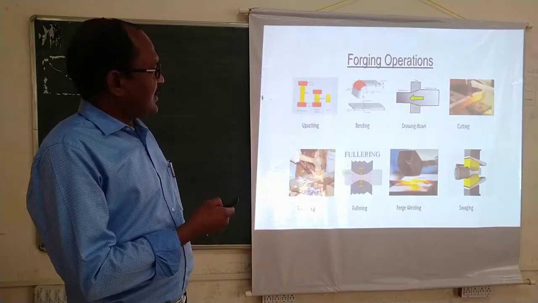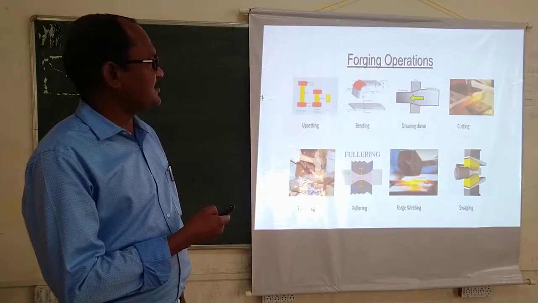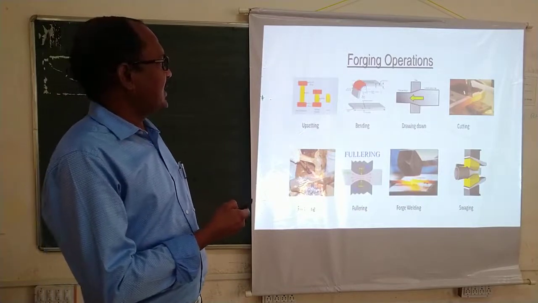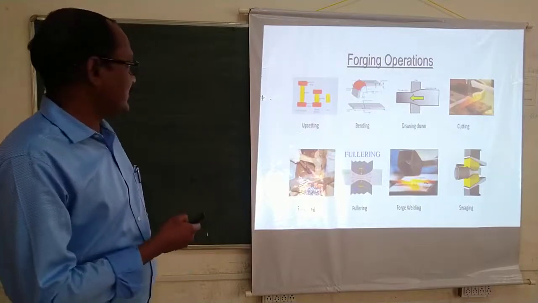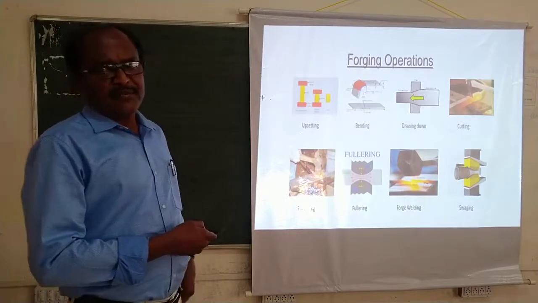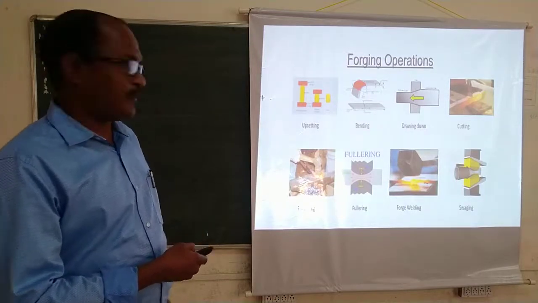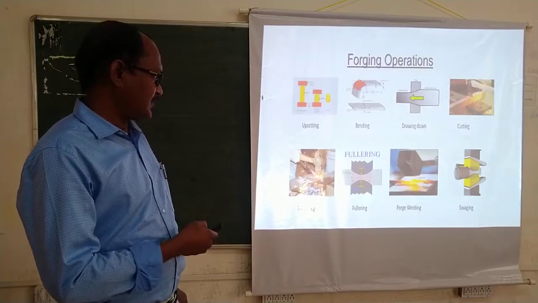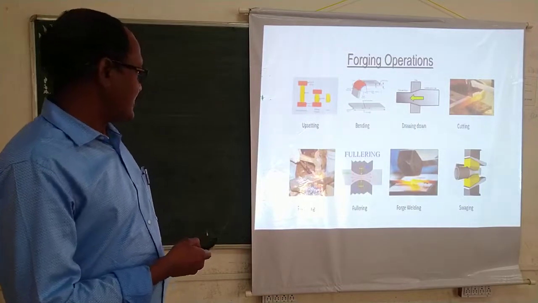By means of forging, you are also able to cut the material into two parts. So cutting means what? Heat the workpiece up to a certain hot red temperature, and by means of chisel and hammer, you hammer it and you are able to cut the material into two parts. So that is also the cutting operation. Then force welding is also there. When you want to increase the length of the workpiece, then two parts are joined together by means of forging operation. You hit the ends of these two metal bars and you hammer it. So what will happen at the last, those two parts get welded together. That is called force welding.